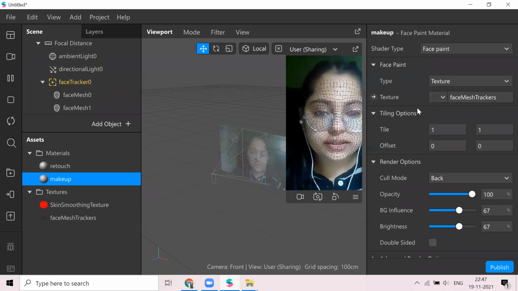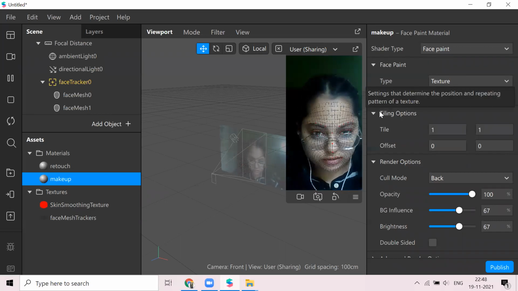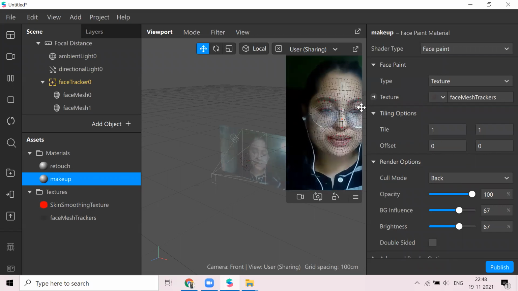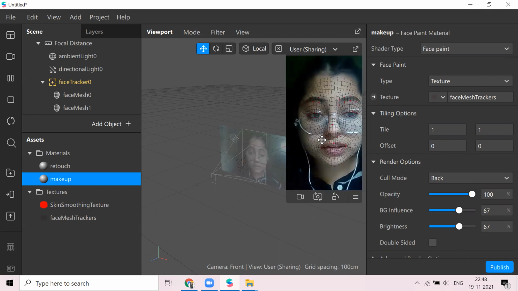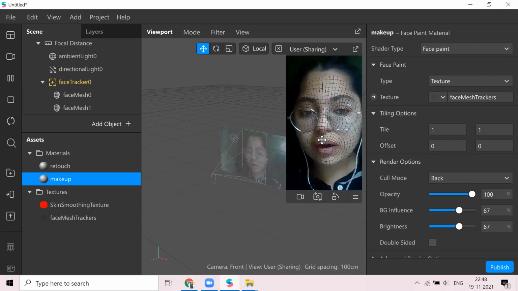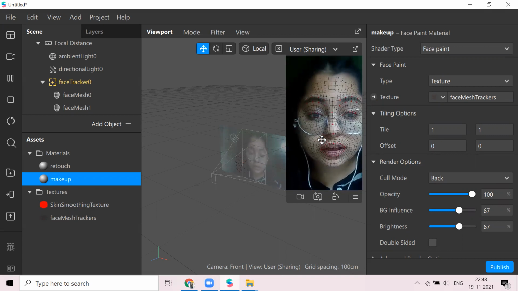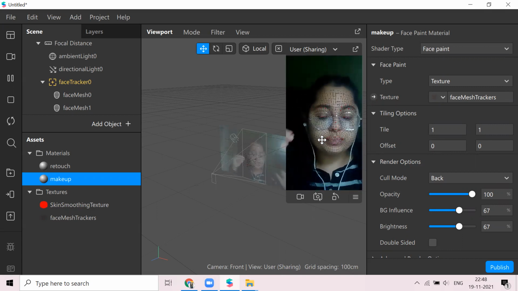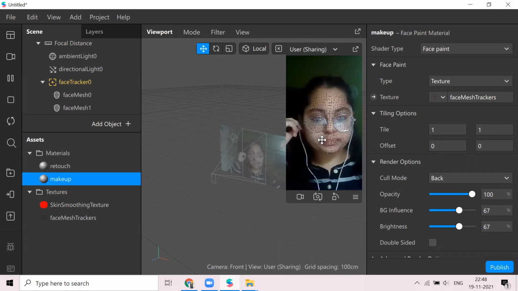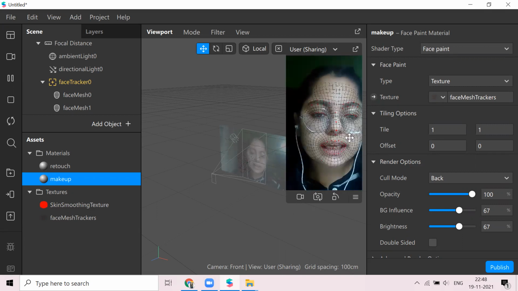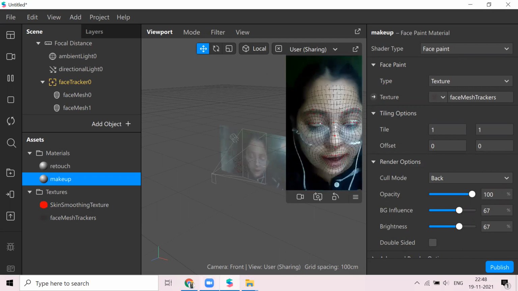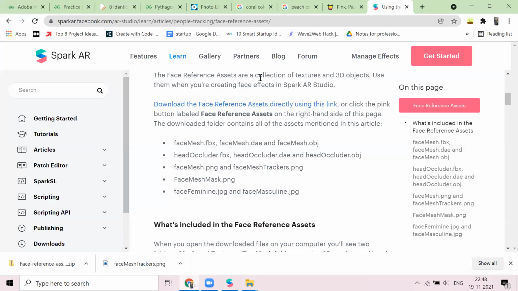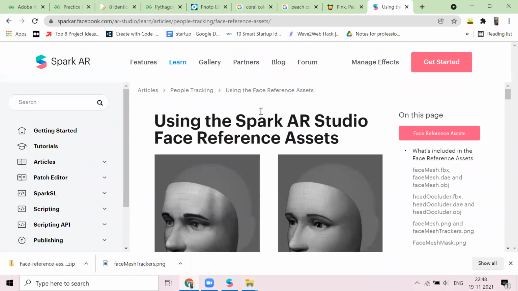Very cleverly, it has tracked all my face. I have a little larger forehead, so ignore that. It's very cleverly tracking all of my movements. As you can see, the dots are moving with my eyebrows, the eye movements and the lip movements. So it can track it all. Now, using this, we are going to design our blush, lip color, and freckles. These are the three things we'll be doing in this tutorial.